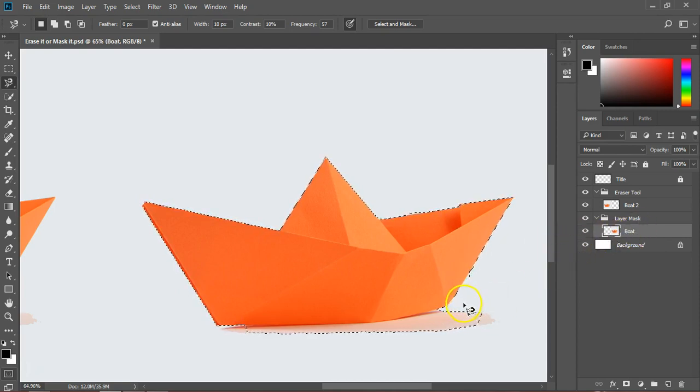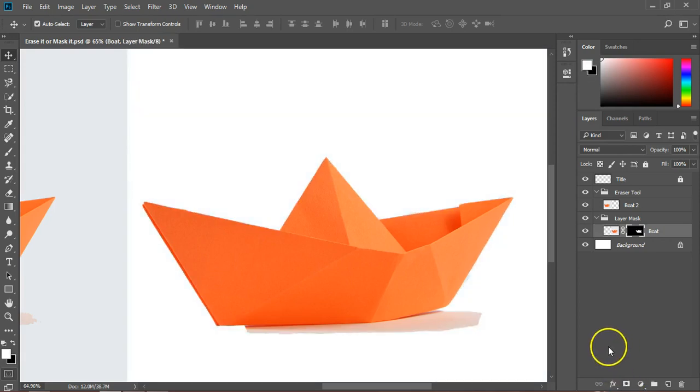If everything is in order, click on the Add Layer Mask button available on the bottom of the Layers panel. It's third from the left. Click once on the button. Upon click, the mask will hide all the pixels of the layer, creating a transparency except the boat which was